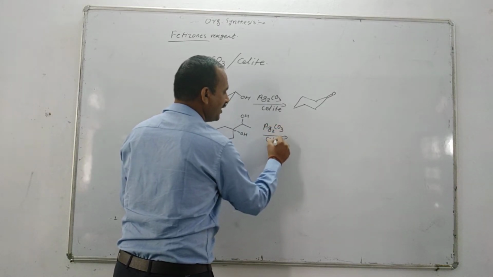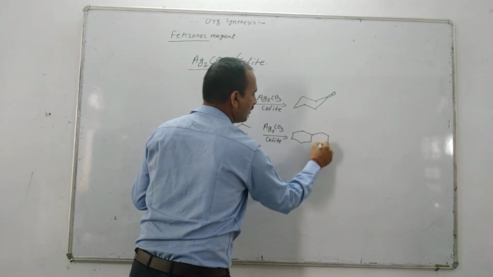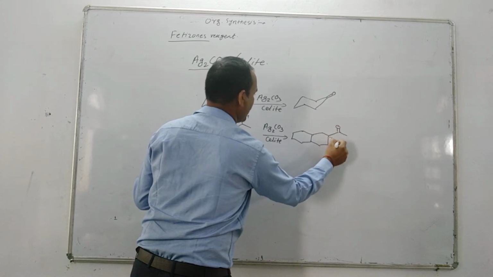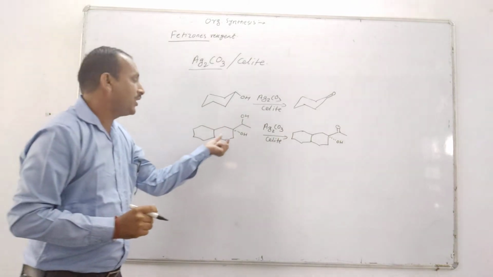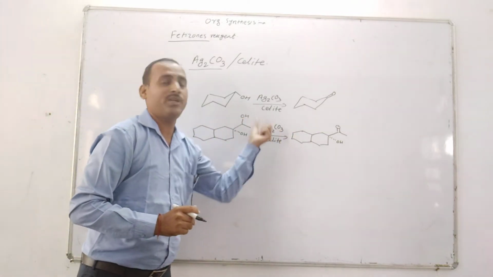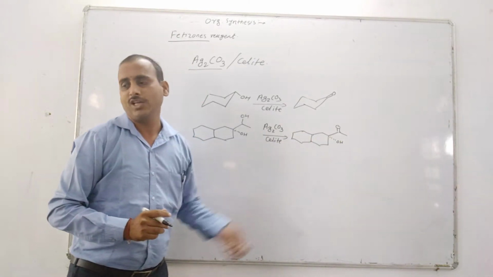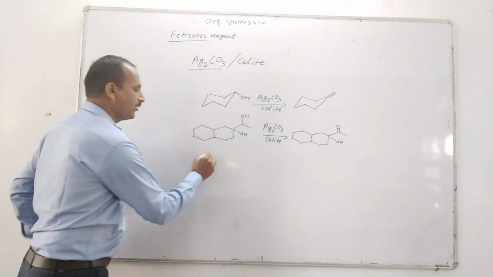With Ag2CO3 and celite, it gives C=O. This OH remains as it is. It means secondary alcohol in the presence of tertiary alcohol undergoes oxidation by Petitjohn's reagent to give the carbonyl compound, that is ketone. Now next example,